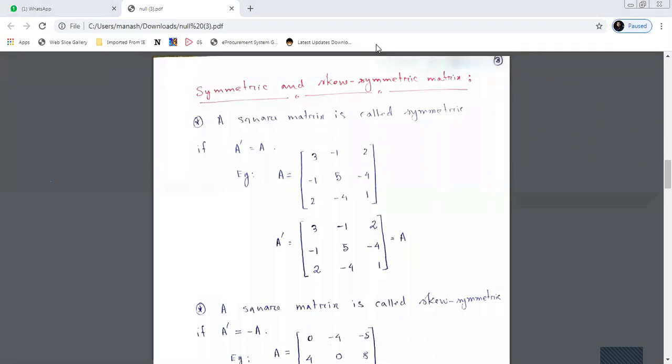Next, see here, what is a skew symmetric matrix? So a square matrix is called